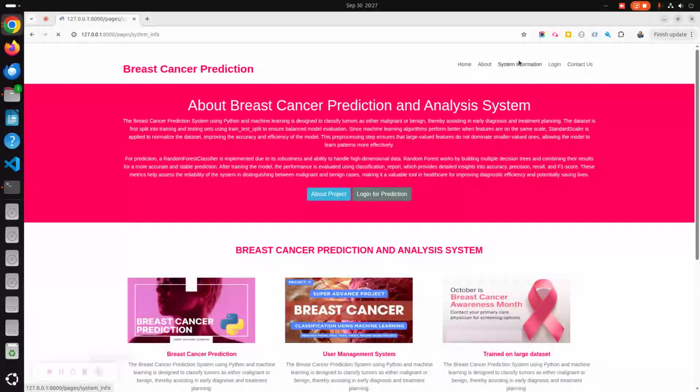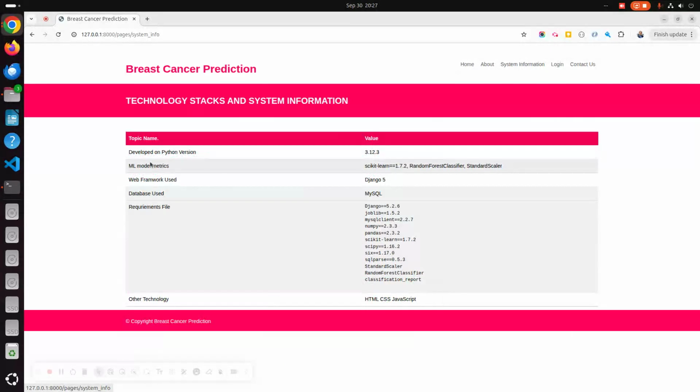I have mentioned all of the technology stack here. You can see I am using Python version 3.12.3 for developing this project. This is a Python project. On the machine learning side, I am using Scikit-Learn, the RandomForestClassifier and the StandardScaler. These are some of the libraries provided by this